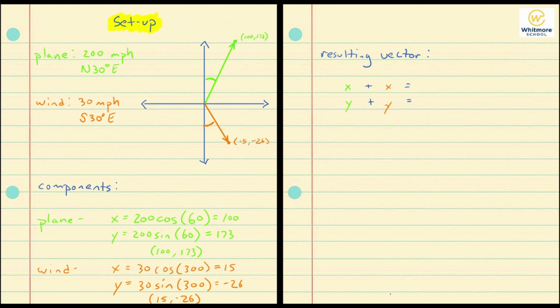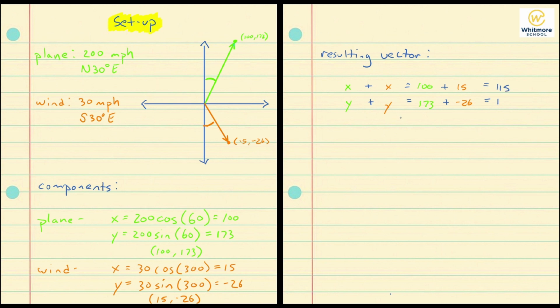And so then if we plug in what our values are, for x, this was 100, and then the y value was 173. And then if we plug in the values that we got for the wind, we had 15 and negative 26. And so what that gets us then is a final resulting vector of 115